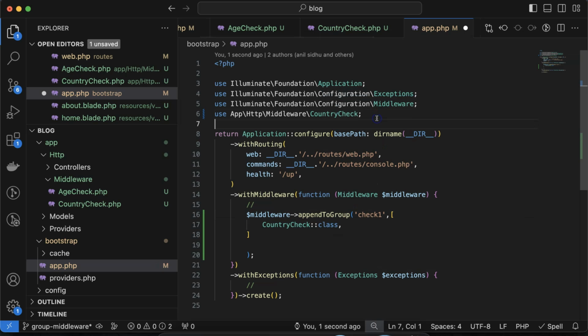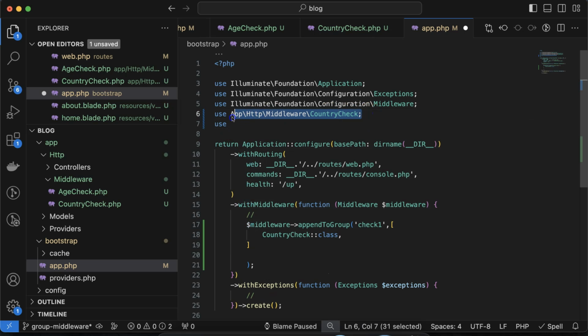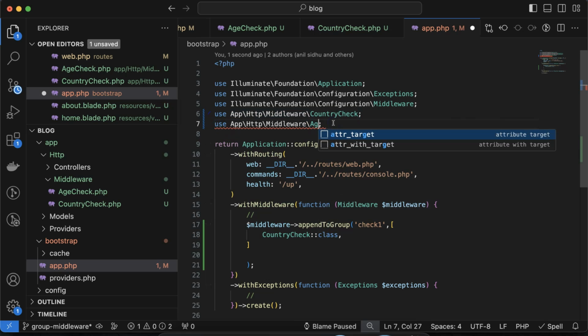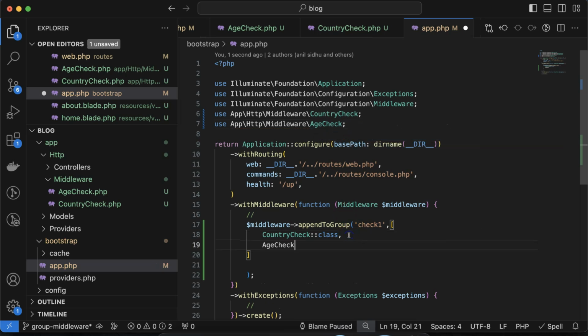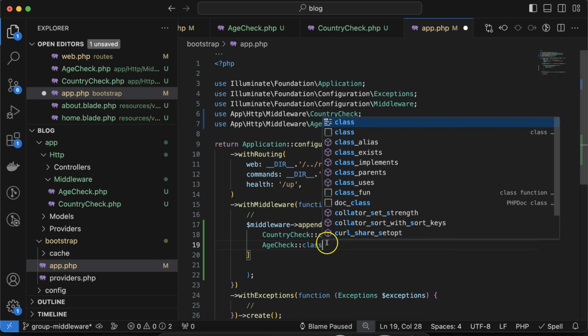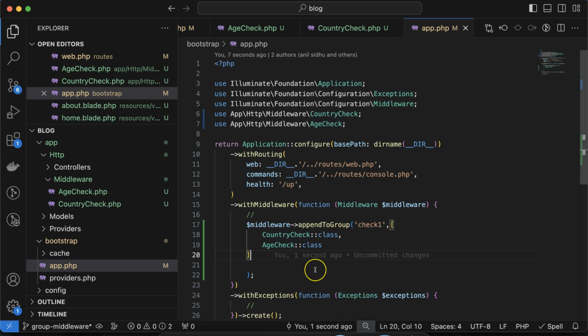Similarly, in the next line you can put use; you can just copy and paste it to save time. At last simply put AgeCheck, and again register it inside our group like this. After that let's refresh, and still they are not visible because the group is created but not applied